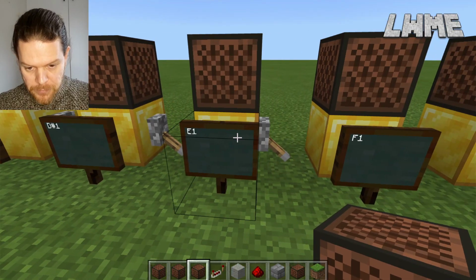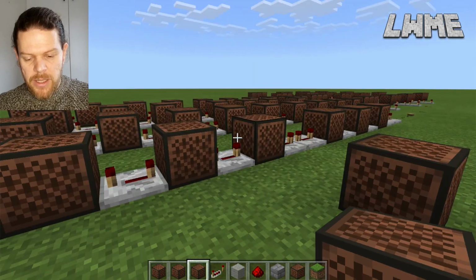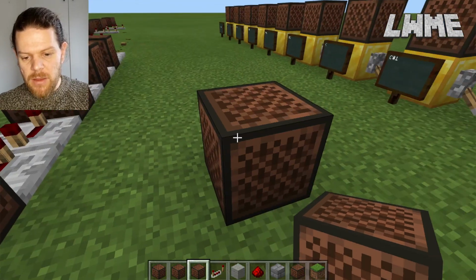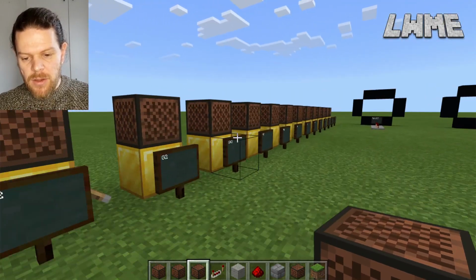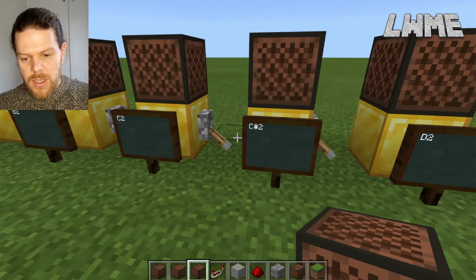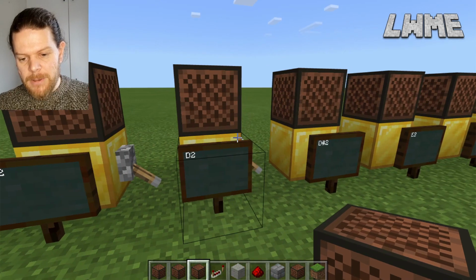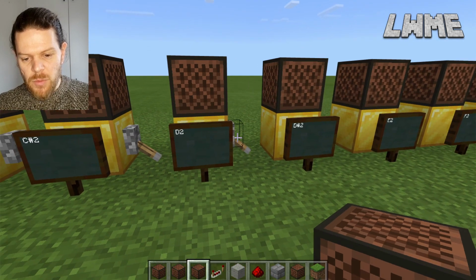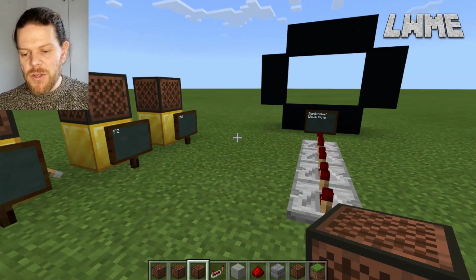So that's very handy. Rather than putting a note block down and clicking it the exact right amount of times to get the pitch of note that you want for your song, you can just copy them from the left here, and there's a handy chalkboard that tells you which note it is, and a lever on the side so you can listen to it and test it to decide which notes that you want. It saves a lot of work when you're trying to compose a song.